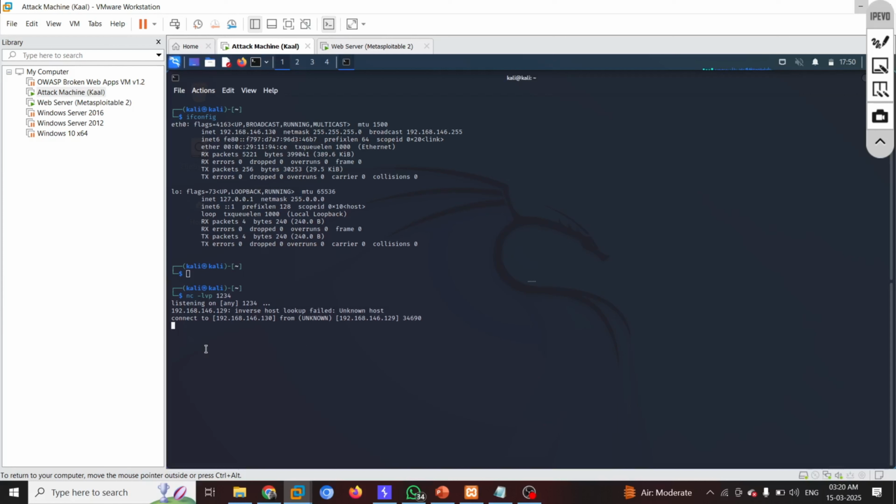Now, even if it did not give me the host name by default, I can find out. All I need to do is whoami. We got it, right? ls, we got it. The directory, we got it. Username, we got it. Linux, right? So can you see I am able to perform remote code execution. I am able to get the reverse shell. And if any other website is also hosted on this server, I can go ahead and exploit that website as well, right?